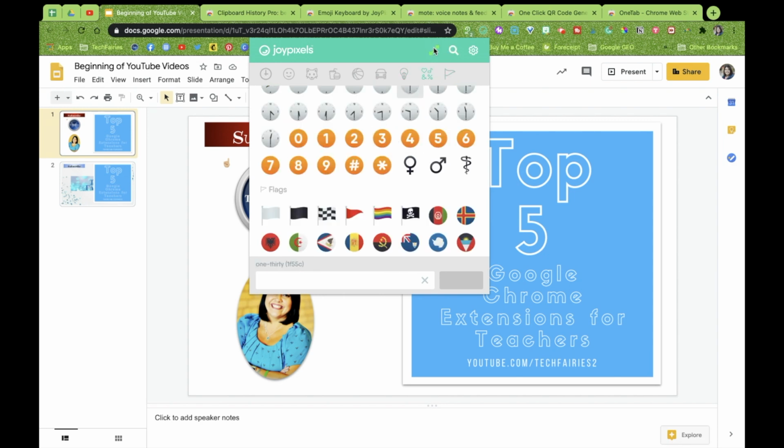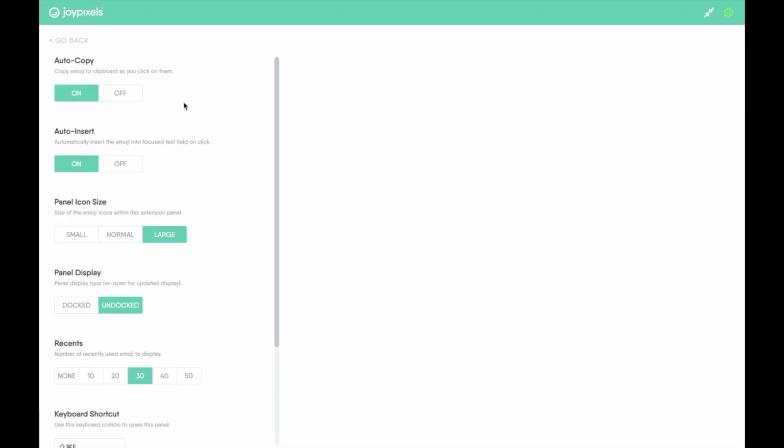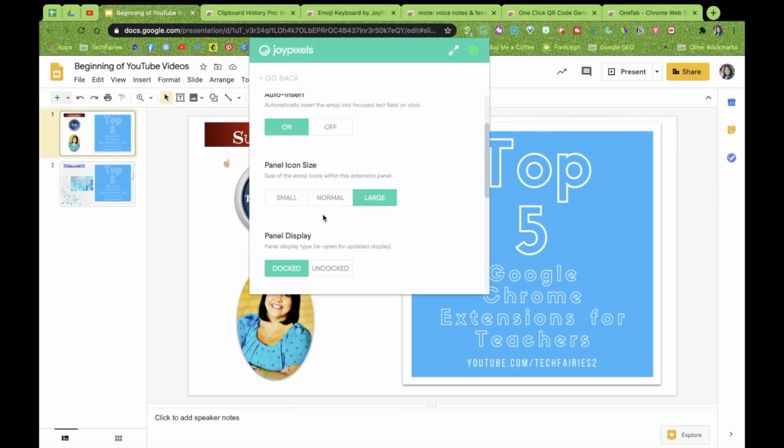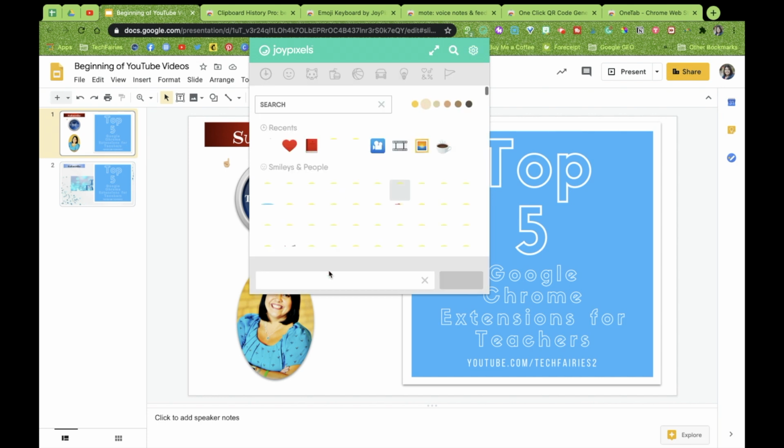You can also make this wider so it takes up your whole screen. You can also search, and then you have a gear. On this gear, you have some options. You have auto copy, so you can copy the emoji to clipboard as you click on them. You have an auto insert. You can change the panel size. Let me make this smaller here. So I can change my icons to small. You can see they look that small. Or I can say normal size